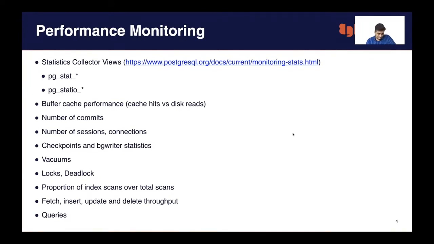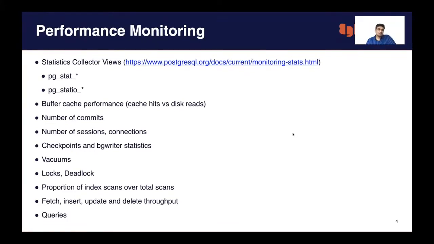As I said, you should monitor the number of connections, the number of commits, how many sessions are happening, and how many connections are idle all the time. You should not have many. You should not keep a connection running for a very long time. We always advise that the lifetime of a connection should be as short as possible. Obviously, not too short, otherwise you will have to recreate it again. Postgres has a process-based architecture, so creating connections has a cost too. That balance has to be there.